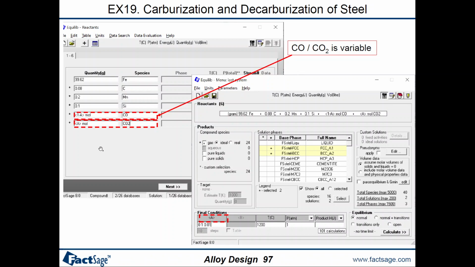Hello everyone. In this video, we will learn how to calculate the dissolved carbon concentration of steel with changing CO-CO2 ratio in the gas atmosphere using FactSage software. As we know, in industries, steel is carburized or decarburized using a mixture of CO-CO2 gases. FactSage allows us to directly calculate the change in steel composition with the corresponding change in CO2 ratio in the gas